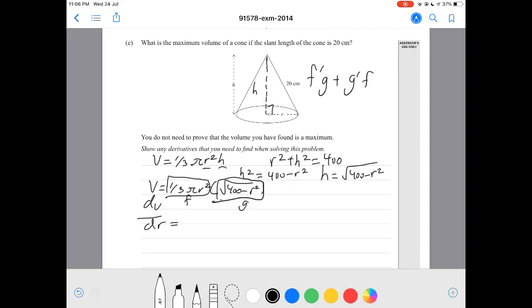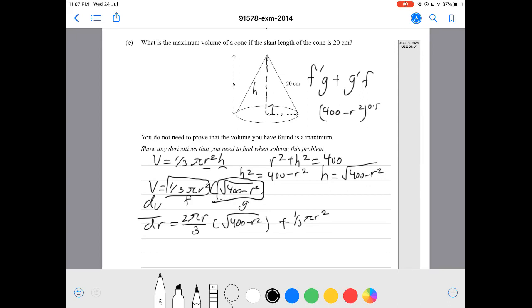So the derivative of the first function, which is 1/3 pi r squared, equals 2 pi r over 3. We're going to multiply that by the square root of 400 minus r squared. Sorry. I'm going to add that on to f. So f is 1/3 pi r squared multiplied by the derivative of g, which is the square root of 400 minus r squared. We can rewrite the square root of 400 minus r squared as 400 minus r squared to the